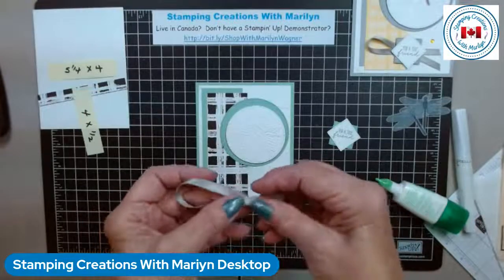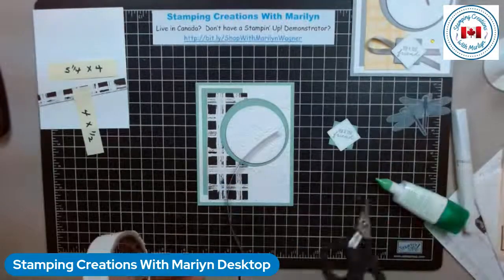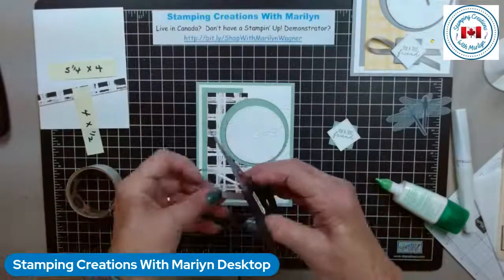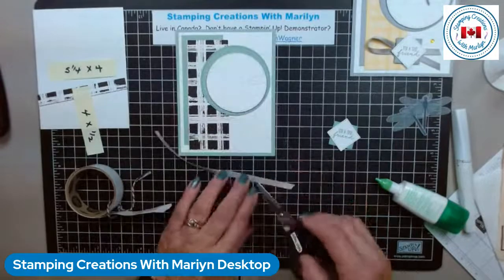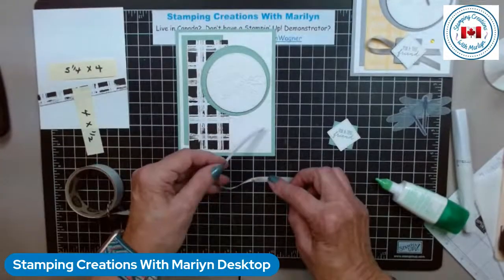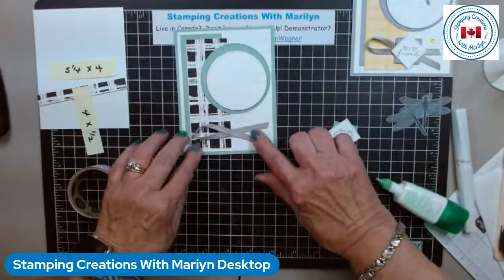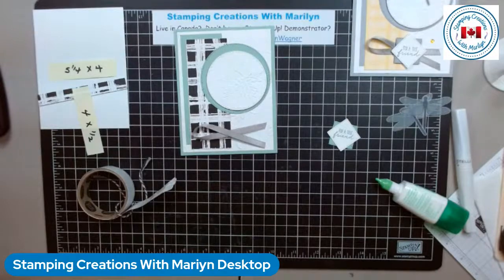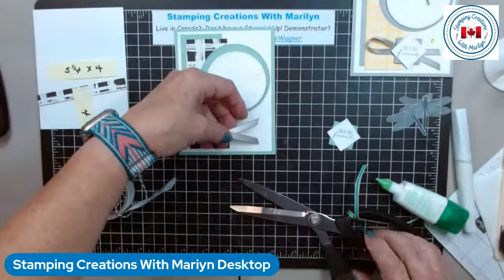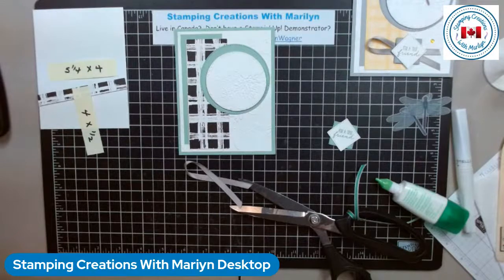And to make that type of bow, basically figure out, I think it's about a 6-inch piece I started with. Figure out where you want it and make your bow and stick it together with a glue dot. I'm going to put my glue dot just there. Something like that. I do need my large scissors for trimming it because I want both ends to be at an angle. I'm then going to use another glue dot to attach the,